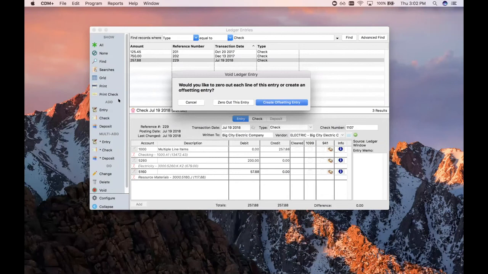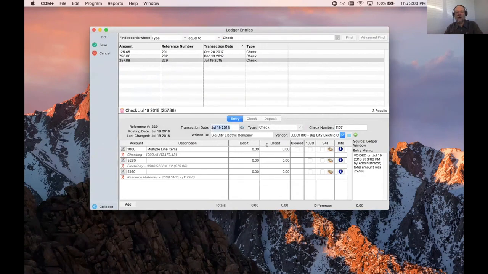Our situation was that we mailed a check to someone and it never got there. So I wanted to void the first check in the accounting system and create a new one. So I think in that case, really, one of these is not necessarily better than the other. If you create the offsetting entry, one word of caution is that offsetting entry is going to be dated today. But in this case, we can go either way. I can zero out this entry,